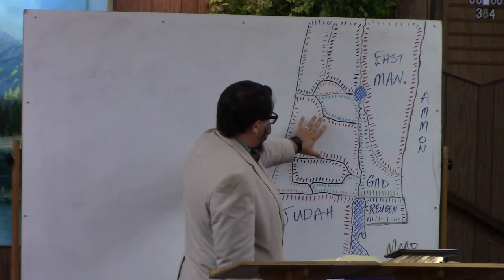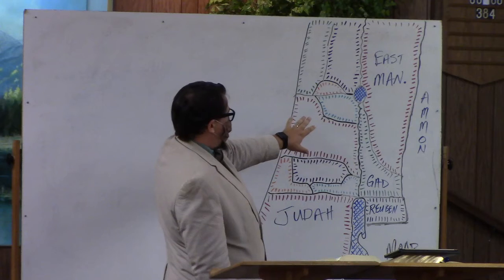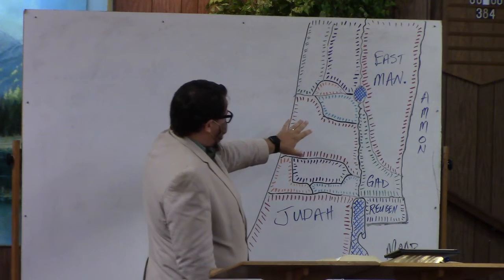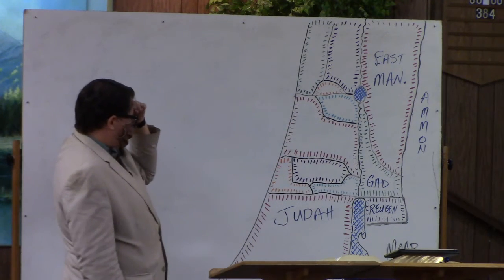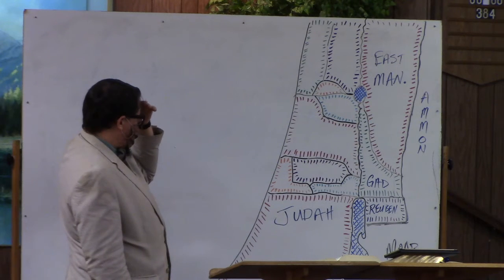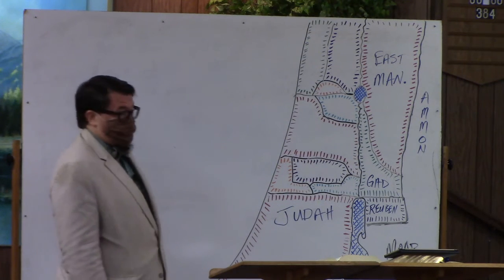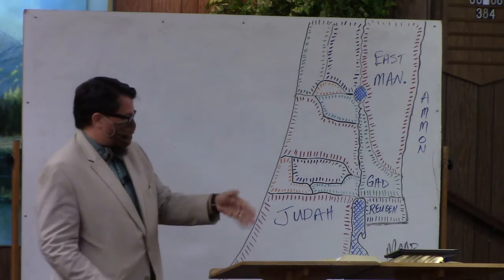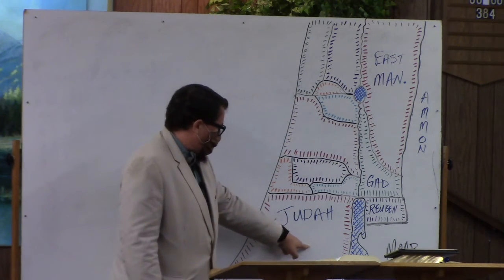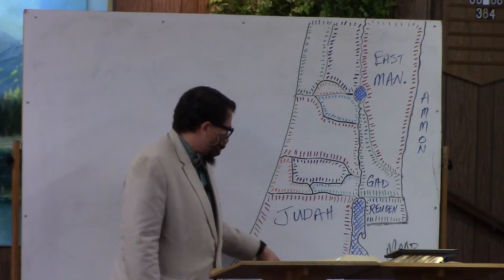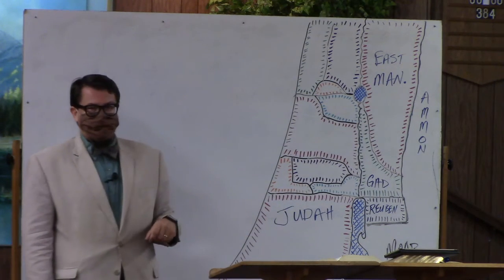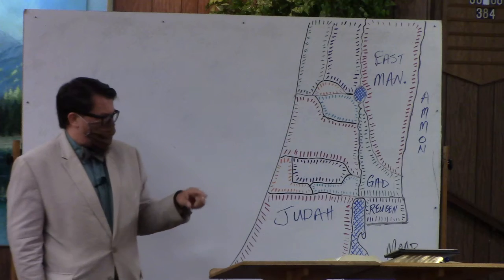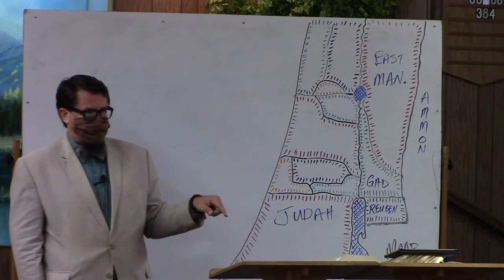another one of these blobs is going to be the other half tribe of Manasseh. And so that means that there's a tribe that is being excluded from the blobs here, and it's Simeon. Because as we're going to read later on, Simeon's inheritance falls entirely inside of the borders of Judah. And we talked about this when we were going through the census numbers in the book of Numbers.